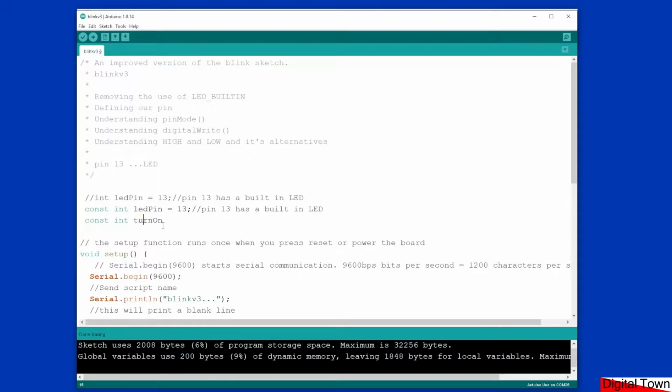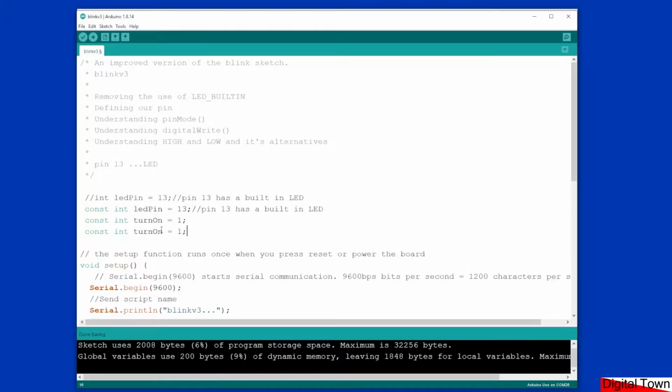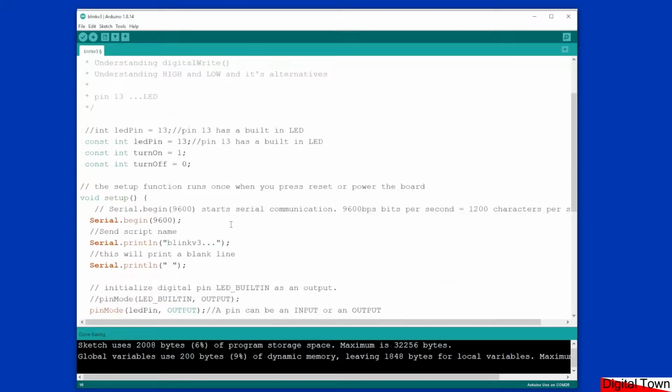Okay, so turn on equals 1, and then underneath that again we can have turn off equals 0. Now sometimes that can make life a little bit more easy to understand, so I've got some code